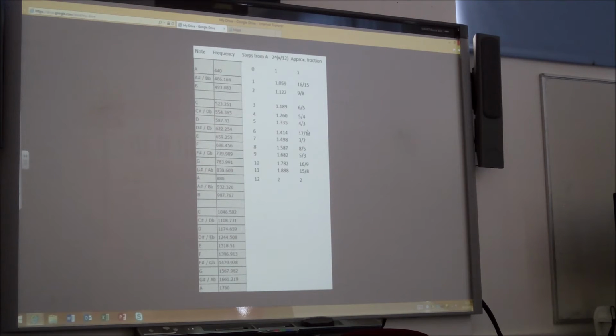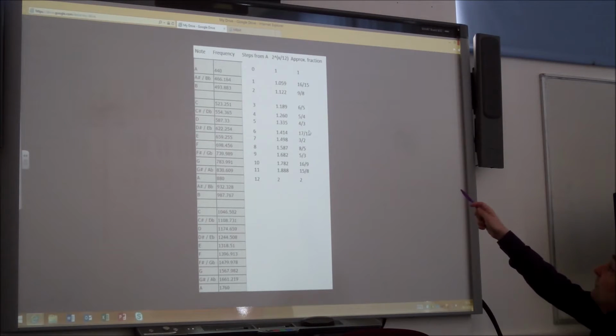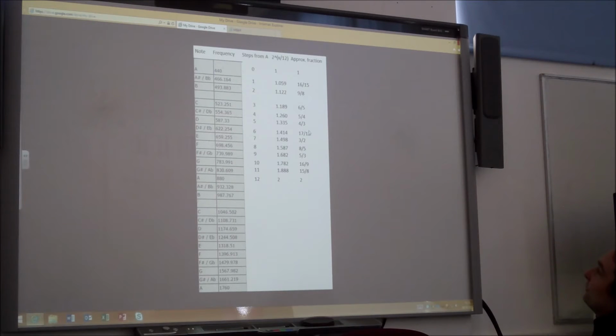So simple fractions will mean that our base note and that note will, when played together, they will sound at the same time more often. But if you have slightly weirder fractions like our 17 over 12, that means they're not going to coincide as often. So that one we think is going to sound awful. So that would be A as far as D sharp, and that one was the awful one earlier. And we have a look at A to A sharp as well. That's another dreadful one, 16 over 15. So the simpler the fraction on the right, the better the notes sound together.